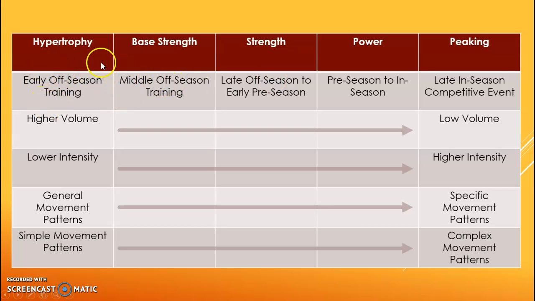And I tried to lay this out in terms of a larger competitive or calendar cycle. So you have the early off-season training where you're just establishing volume. You have this middle off-season training where you get a little bit more base strength. Then you go into late off-season to early preseason to in-season, and then you would peak for a particular competitive event or competitive season. Higher volume to the left, lower intensity to the left, lower volume here, higher intensity over